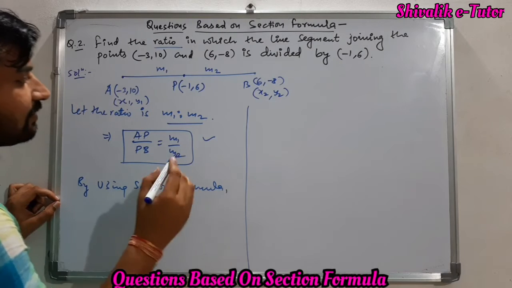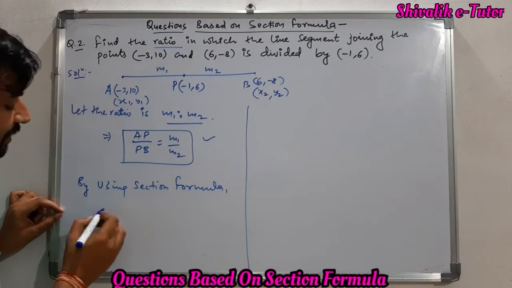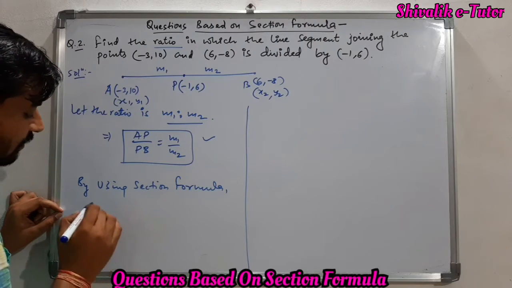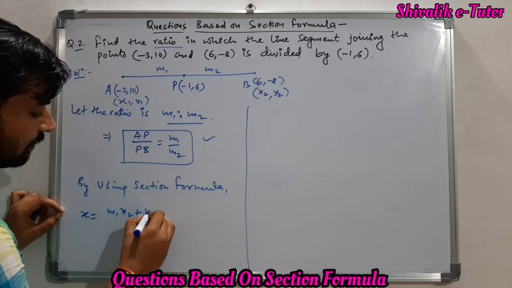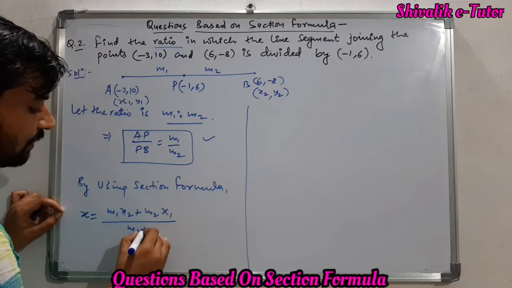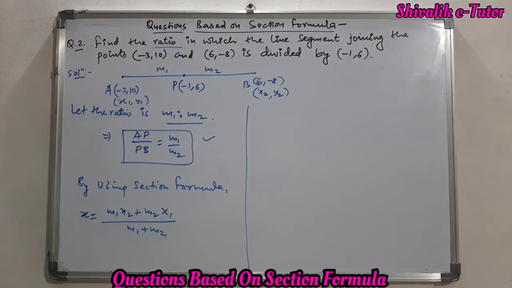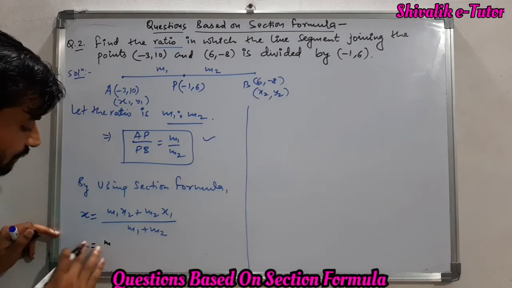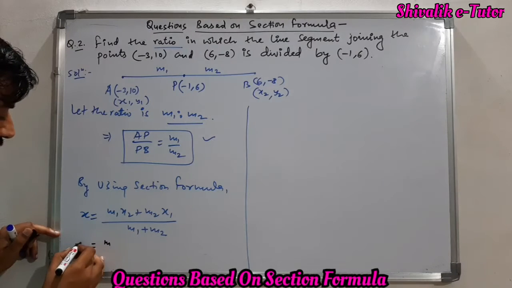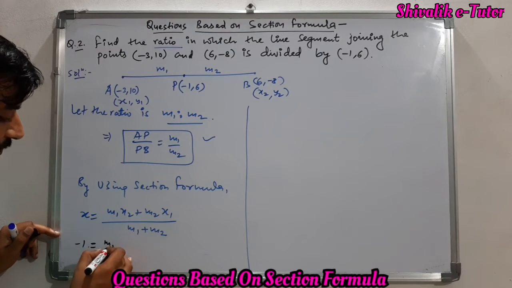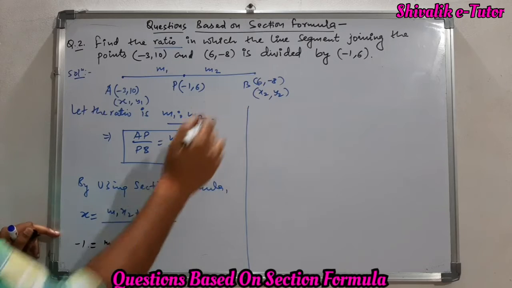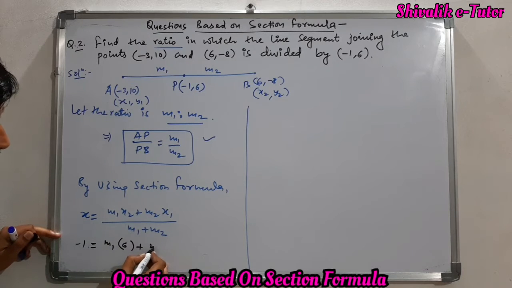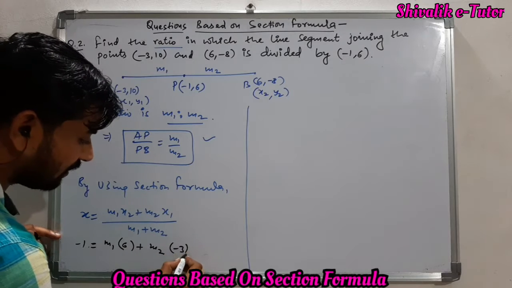here we can solve this very easily. The x coordinate of P, let me call this x, is equals to m1 x2 plus m2 x1 upon m1 plus m2. This is the formula for x coordinate. Let me solve this for x coordinate first, then I will solve this for y coordinate. So let us substitute the values. x is equals to m1 and m2 are unknown here. So the value of x coordinate in this is -1 is equals to m1, we have to calculate x2, the x coordinate of second point is 6 plus m2, and the x coordinate of first point is -3